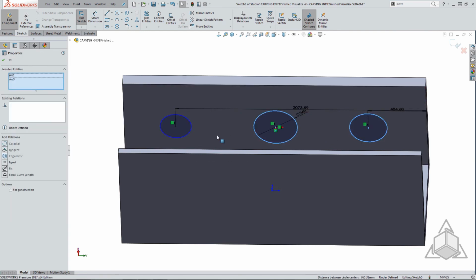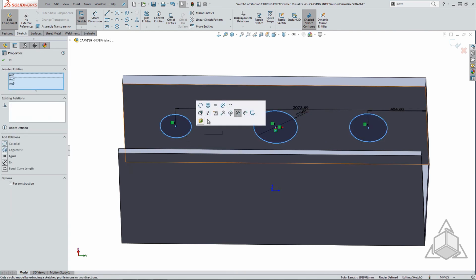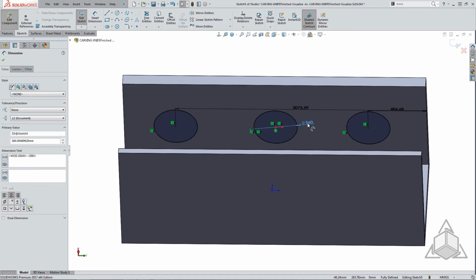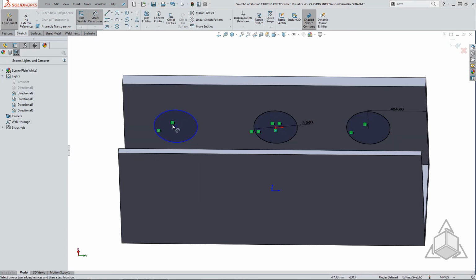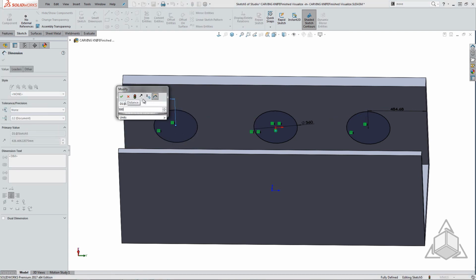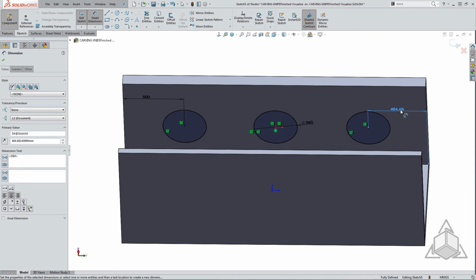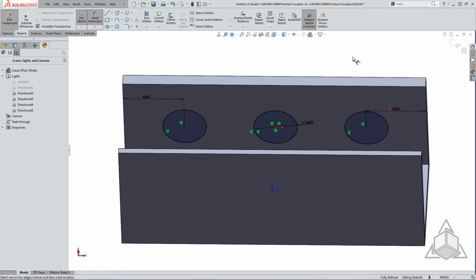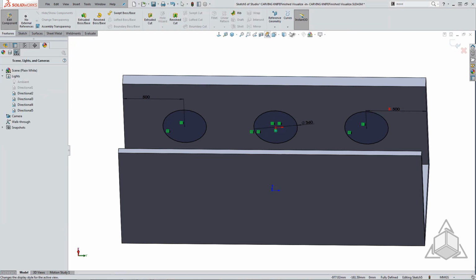So Control select all three circles and say make equal. 360 seems to be a good number here. I'll just make this a little bit more pronounced. If I don't like this dimension, I'm going to just copy this dimension over. I'm going to make this 500. And the great thing is I'll make this dimension equal to this dimension so that if we make any sort of adjustments, they'll update. Now what I'm going to do here is a split line